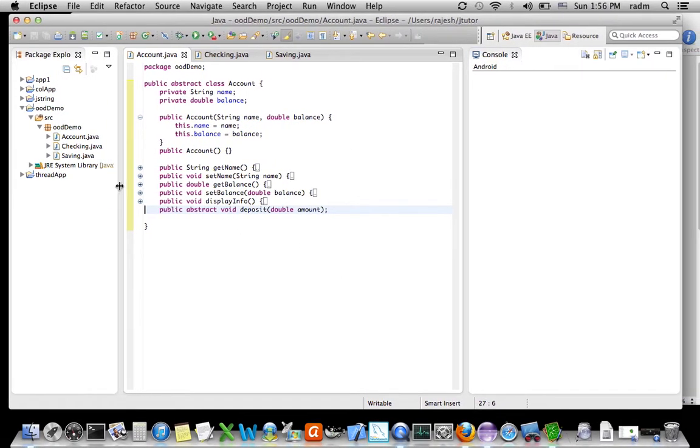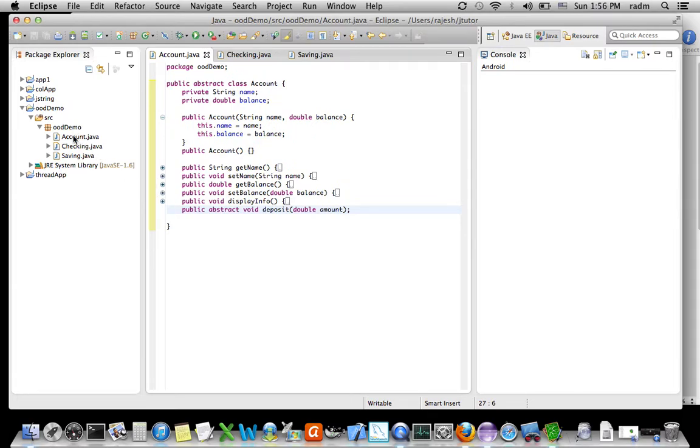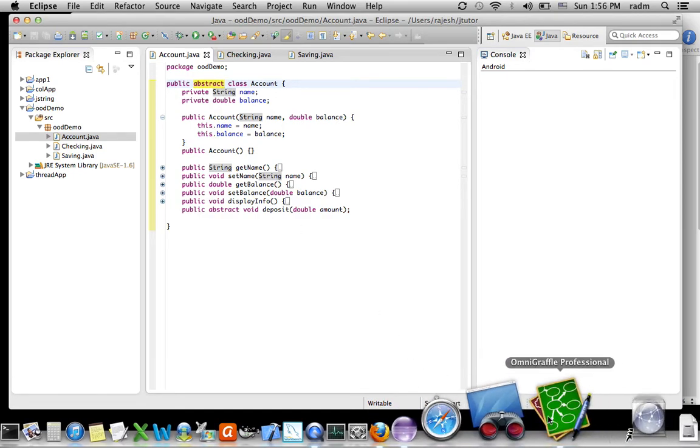Actually, I've done some work already on this, so I'm going to walk you through these classes. The first class is the account class, which has the name and balance as its two attributes. So I've declared public abstract class account. The keyword abstract in Java means you cannot instantiate this class. This class purely exists for inheritance, for code reuse by the other classes that extend from it, the derived classes. So there are two attributes, name and balance, like we saw in the diagram here,